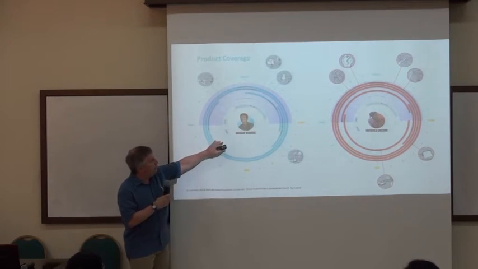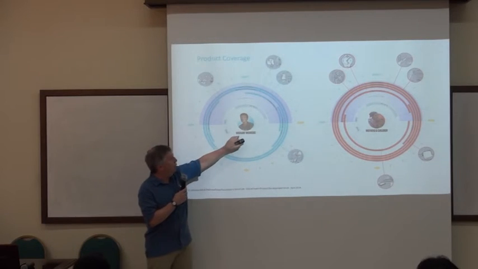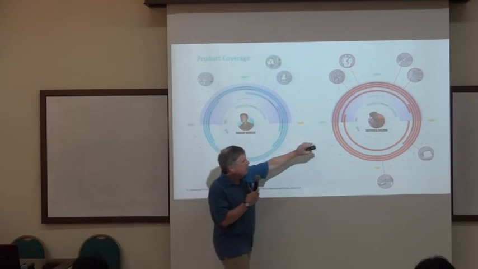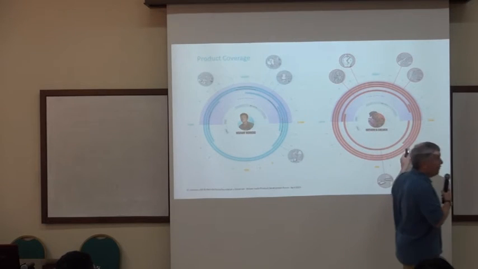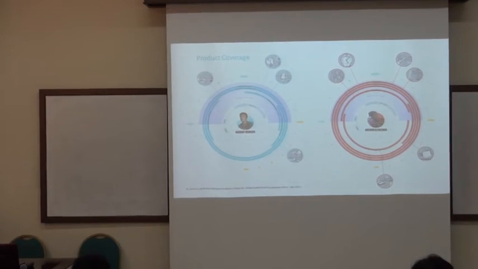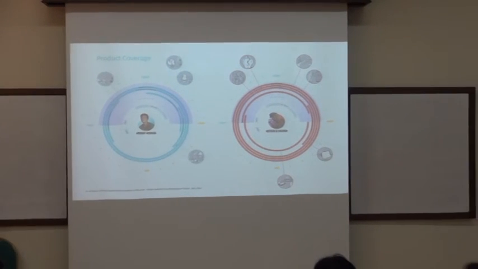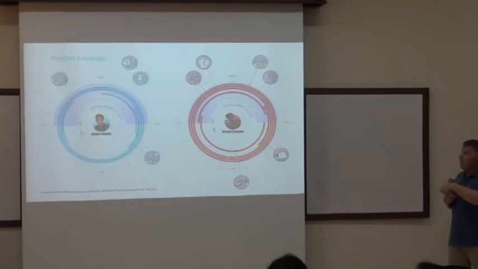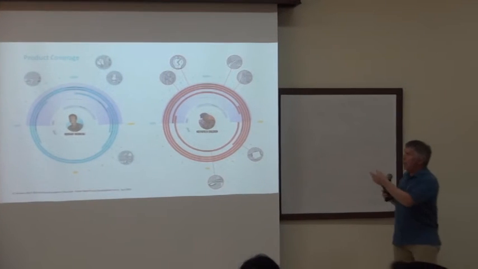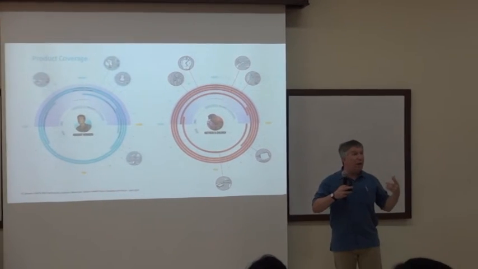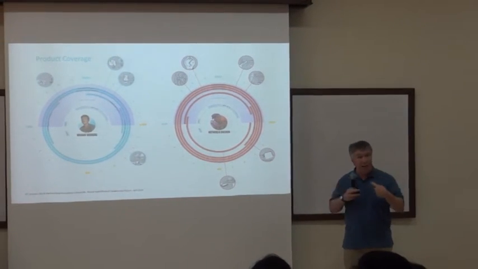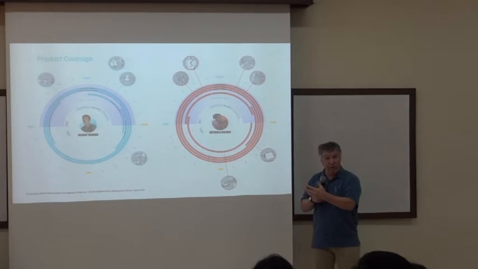So these are different groups that we decided we'd work on projects for. One is migrant workers, the other is mothers and children. And the circles represent 24 hours of the time clock, okay? And the dark circles are when it's night, and the light is when it's day. And then if you see a blue line or a red line, that's where we have a product idea that would protect that person during that part of the day.